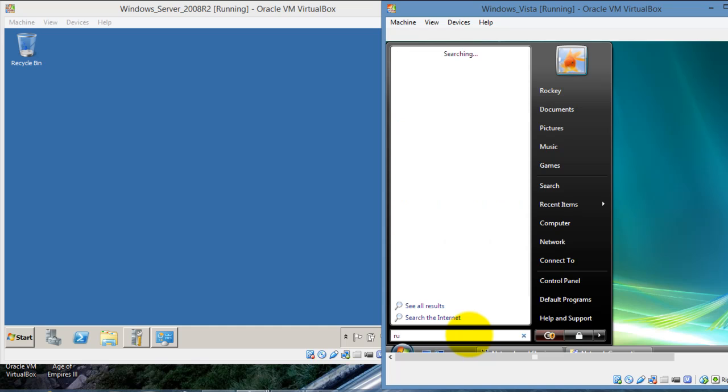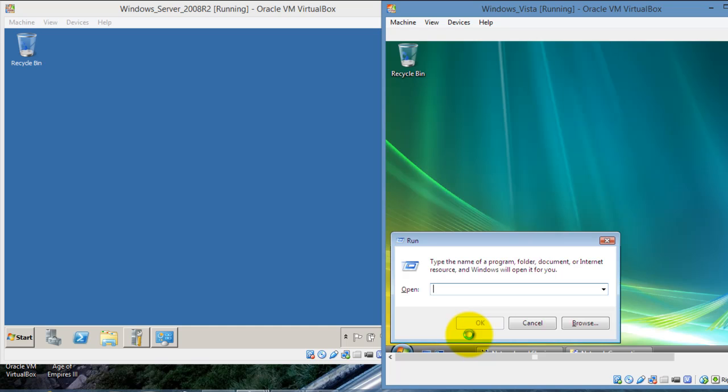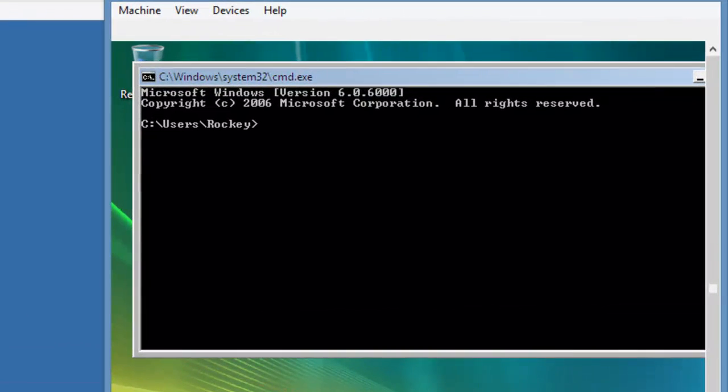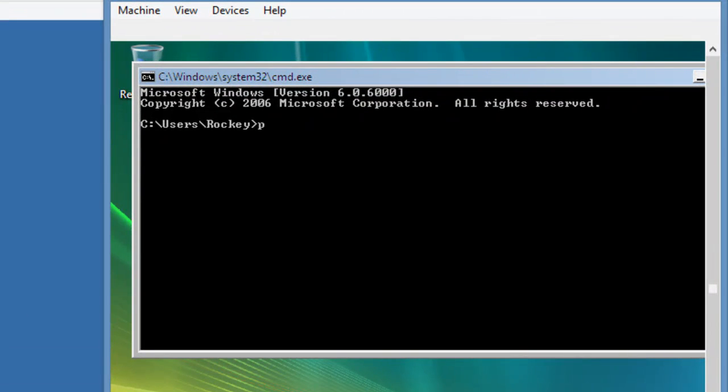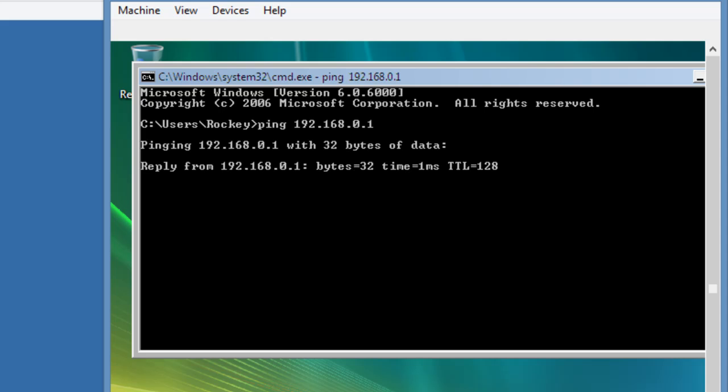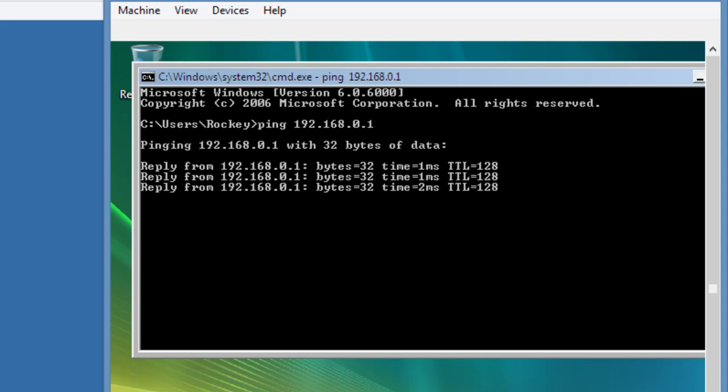Alright, and we're going to run the command prompt cmd, and we're going to ping the machine. Ping space 192.168.0.1. Right, so you're going to ping the server machine from the Vista machine,